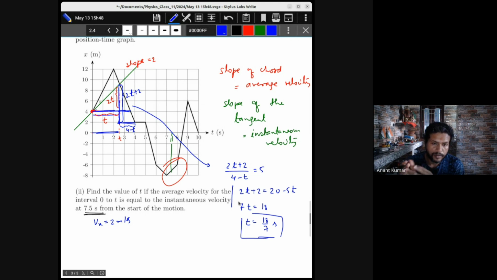Is it okay? हाँ सर. नो प्रॉब्लम, बिलीव. Hopefully that's fine enough. So